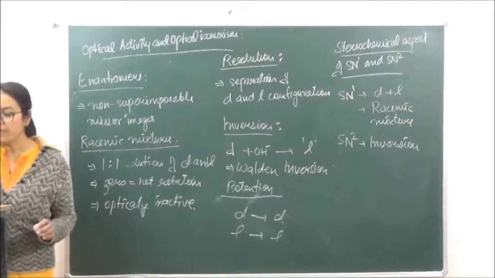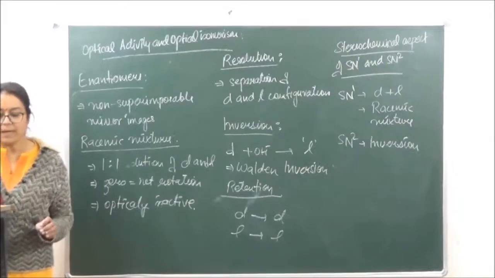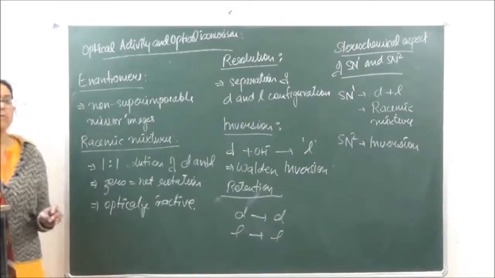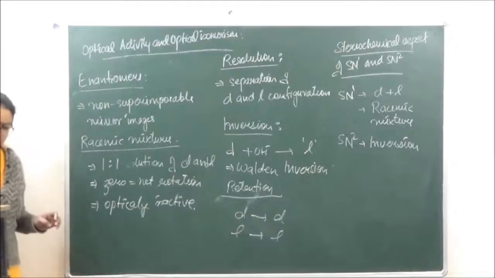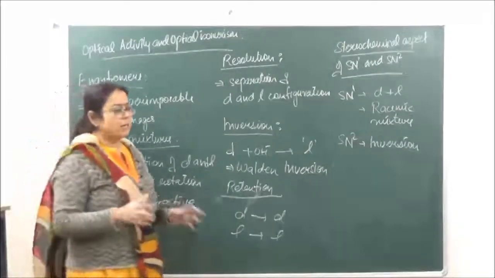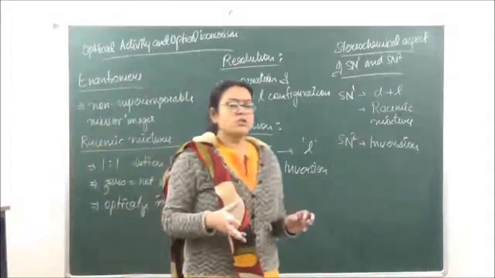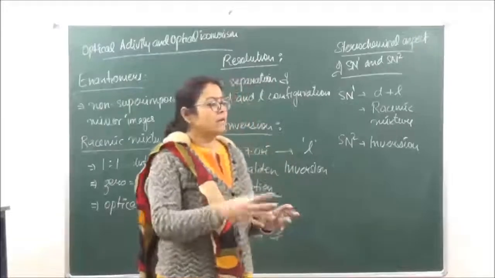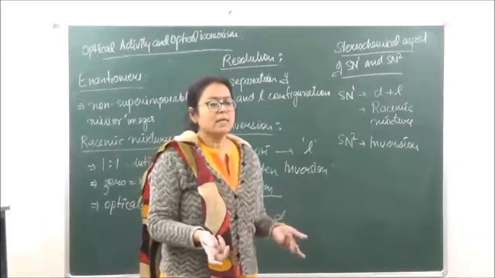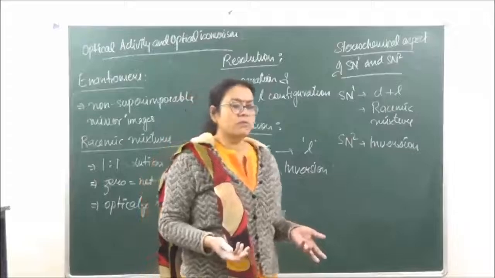So this is what we have over here, the optical activity and the mechanism of substitution reaction. We are left with a very small part of this chapter. We have 2-3 reactions of haloalkanes, and then we have a few reactions of haloarenes, and after that we finish this chapter.